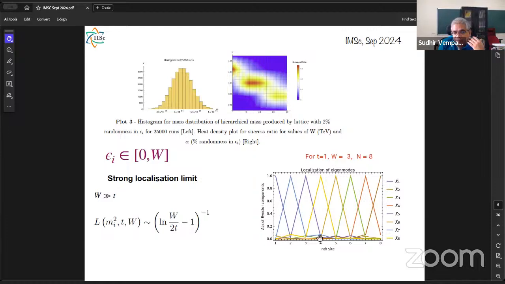And so this is completely different compared to other models of extra dimensions or clockwork models and so on, in which only the first mode, the 0th mode, is localized. In this case, exactly like in Anderson localization in condensed matter, all the modes are completely localized. This makes it much more predictive compared to the other models, and you can compute these